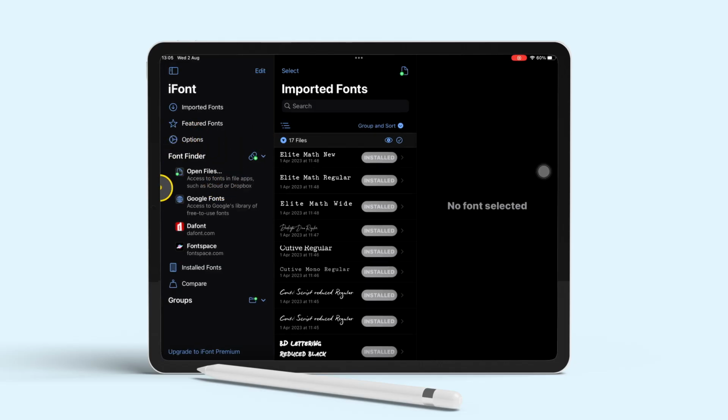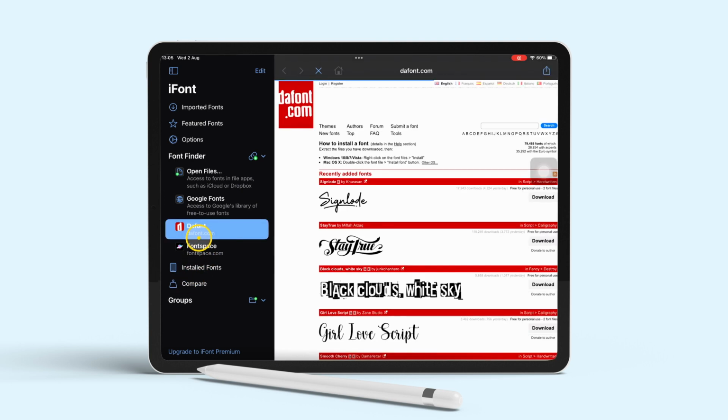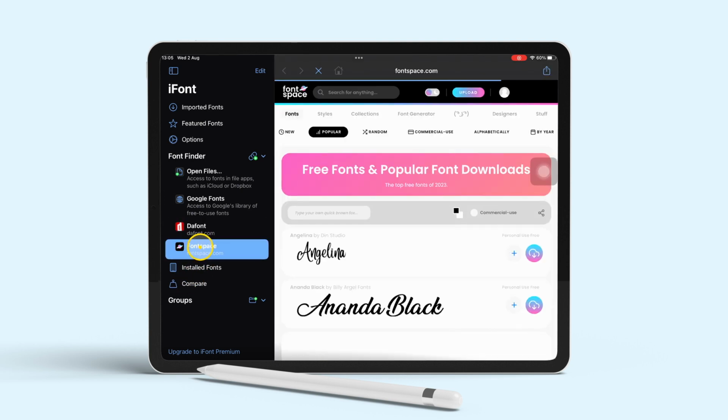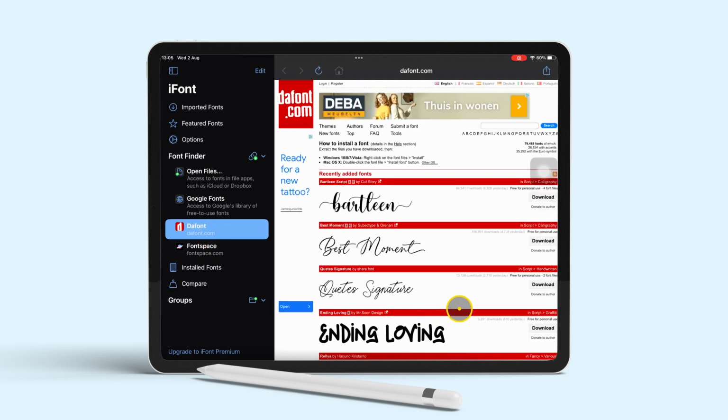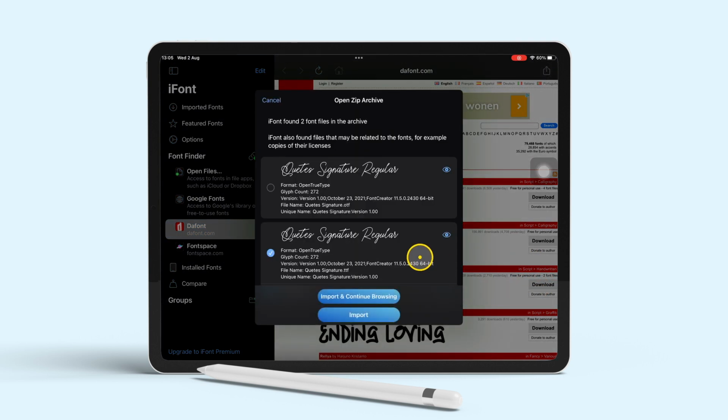iFont is a free app you can use to download fonts onto your iPad. You have access to different founders such as DaFont and FontSpace. Make sure to check the license if it's free for personal use or commercial if you want to use it to sell anything. But most are definitely free for personal use, and then you can simply click on download, import,